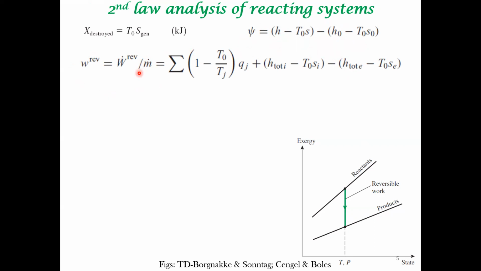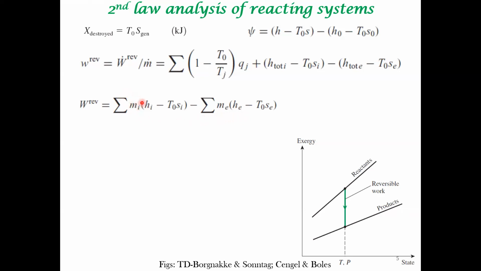Please go and take a look at the basis behind this equation. Here, for a chemically reacting system, you don't have heat exchange with the reservoir. So this is a general exergy balance equation we wrote. However, for this system you don't have heat transfer with the reservoir, so this term happens to be 0. Therefore, we can write the reversible work that you can obtain by this exergy balance.